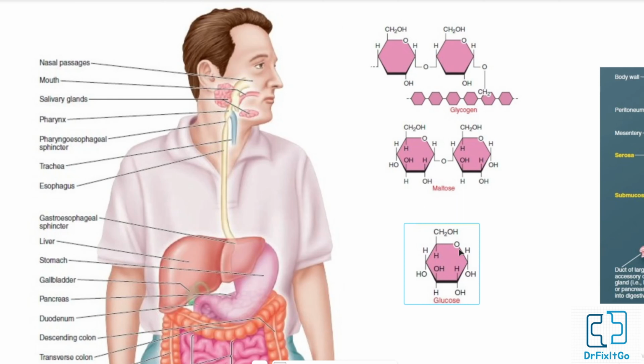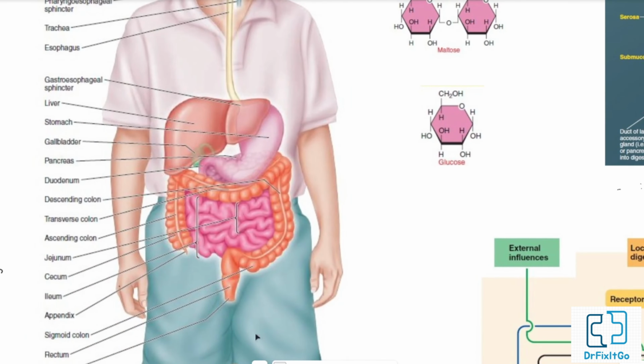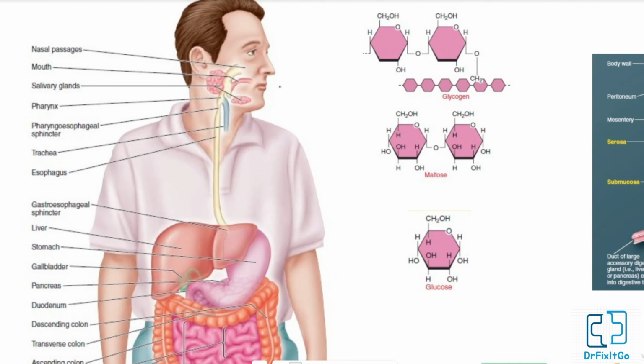Let's start with the functional anatomy of the GIT. The gastrointestinal tract begins with the mouth and ends with the anus. From the mouth, the chewed food mixed with saliva passes into the pharynx. Salivary amylase